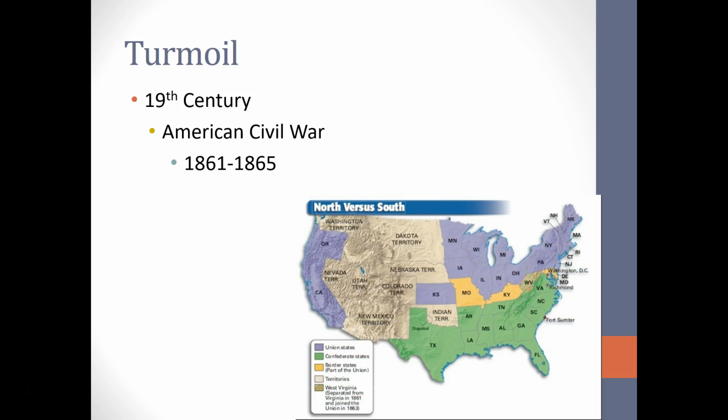It starts at Fort Sumter. South wants slavery. North, obviously, is anti-slavery, and slavery was